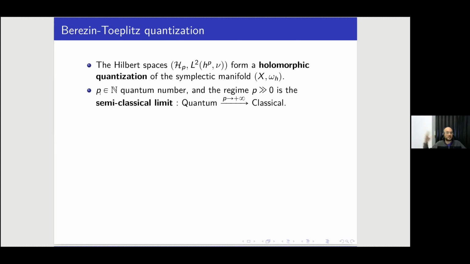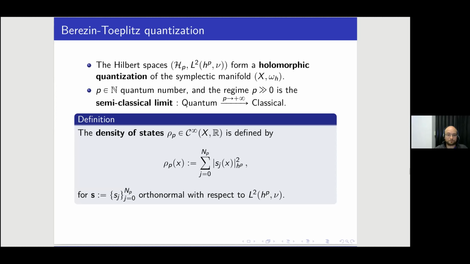And when the energy or number of particles becomes commensurable to our classical world, then you want to recover the geometry of the symplectic manifold, and this is the so-called semi-classical limit. So I will show you examples of such a principle shortly. First I need some tools, basic objects of quantization.